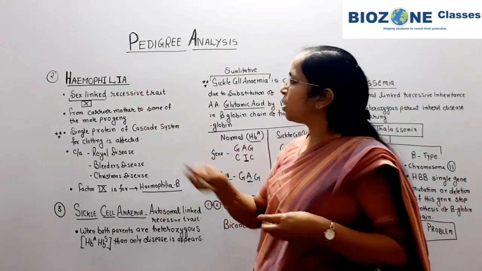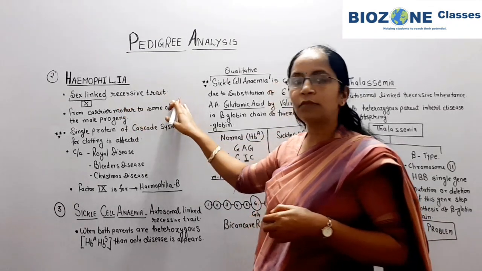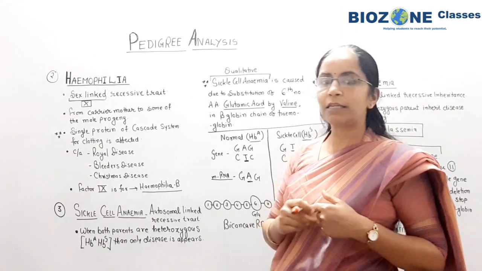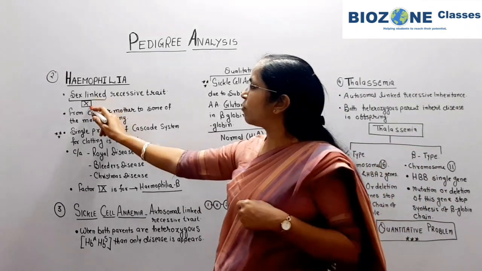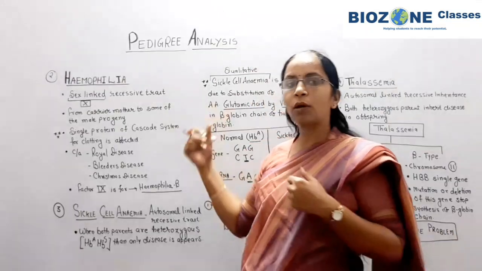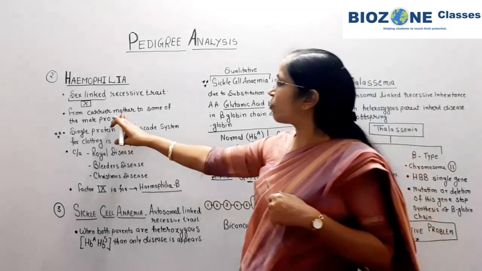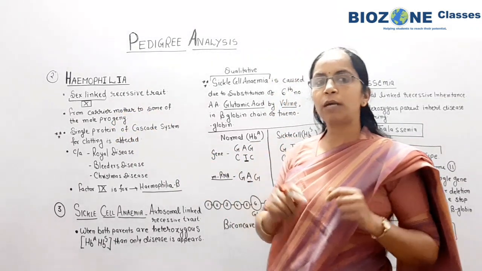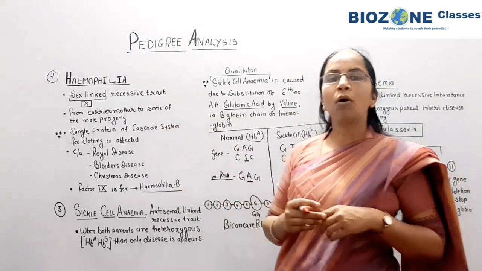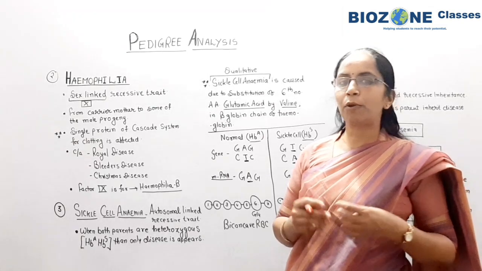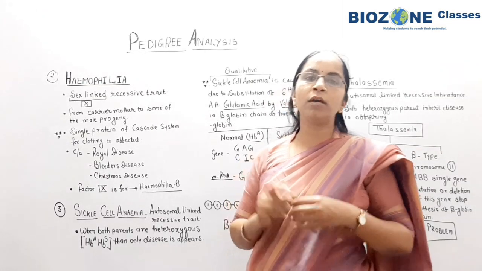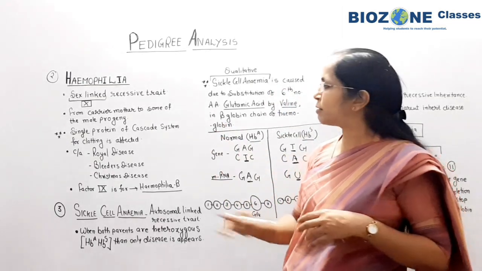Hemophilia is a sex-linked recessive trait. Sex-linked, meaning the two chromosomes X and Y are to be kept in mind. So here you remember hemophilia is also linked with the X chromosome. Similar to color blindness, this disease is also such that a carrier mother is always unaffected. From an unaffected carrier mother it is inherited by some of the male progeny, normally there is a chance of transfer of the disease to 50% of male progeny.